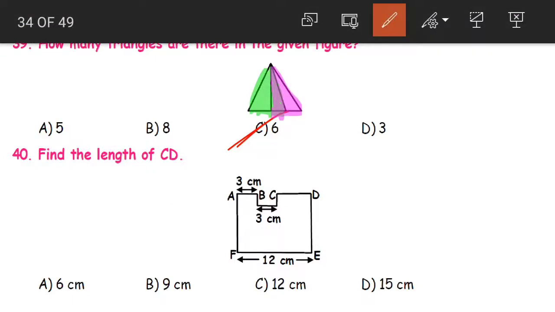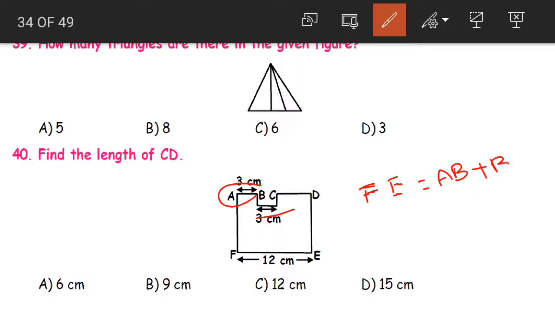Now coming to question 40, find the length of CD. Where is CD here children in the given figure? This is our CD. Now how do we find out its length? If you look carefully, we have the length of FE, that is equal to 12 centimeters. Here we have FE, and the same distance is covered by 3 line segments. What are they? The length of FE is equal to the combined length of 3. What are they? AB